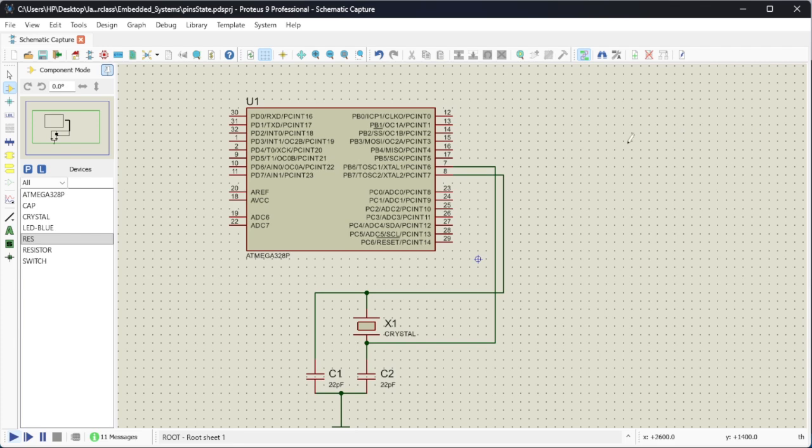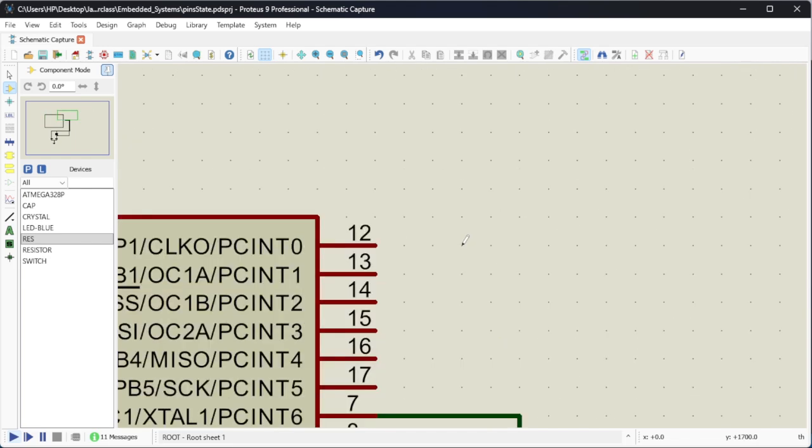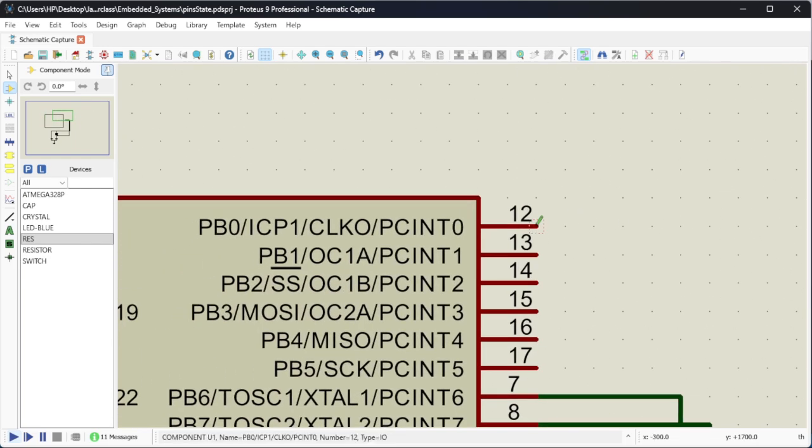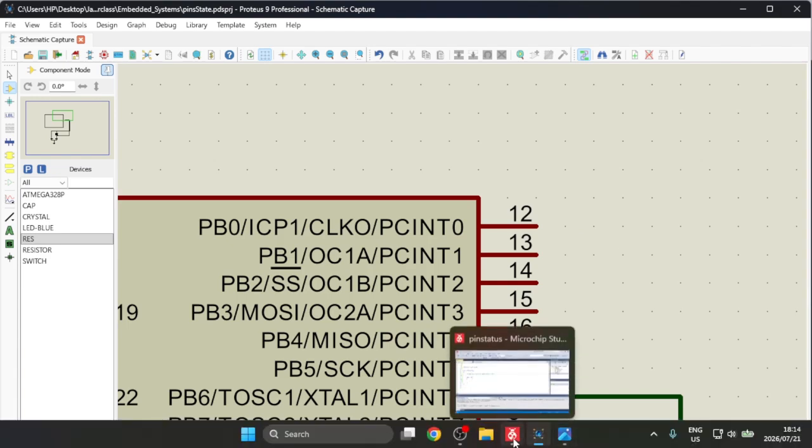Let's take a look at PB0. This pin right here. I'll first make this pin an output, and then use code to control its state. Then next, I'll make it an input and use something external to control its state. To do that,